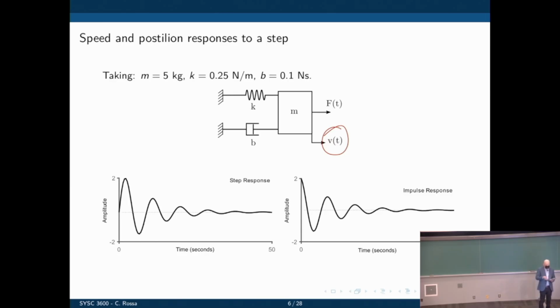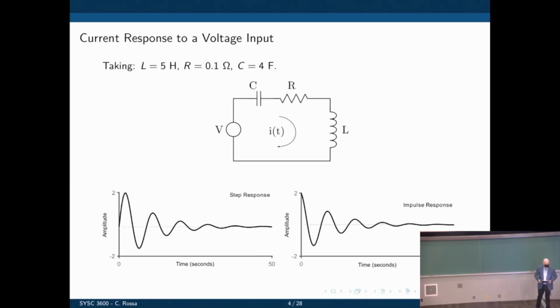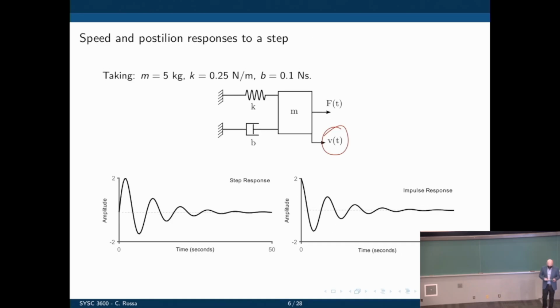So we see a very similar behavior to the current observed in the electrical system. So charge and current are here. If you take the derivative of the charge, you get the current. If you look at the equivalent in the mechanical system, that is the displacement. When you take the derivative of the displacement, we get the speed, which now turns out to be the same as the current in here. So from this analogy,